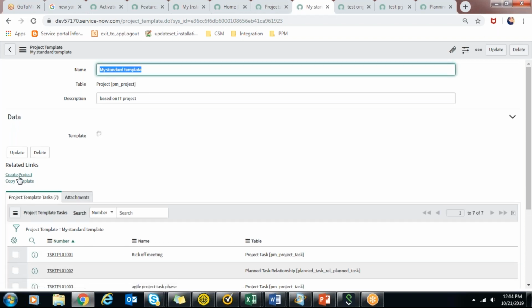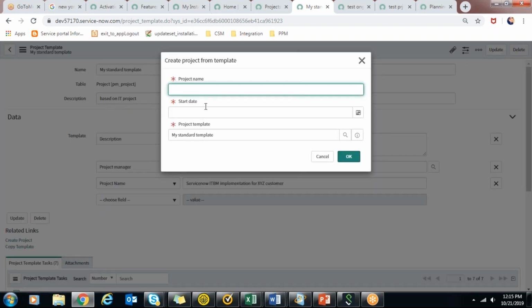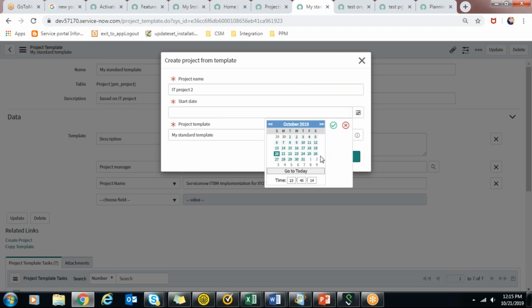It will ask for a planned start. We know that the duration of each project task is 2 days, 5 days, 7 days. So when you set a planned start date, according to that it will deploy these project tasks' timeline. Project name, my IT project 2, and the start date I want to be November 1st.